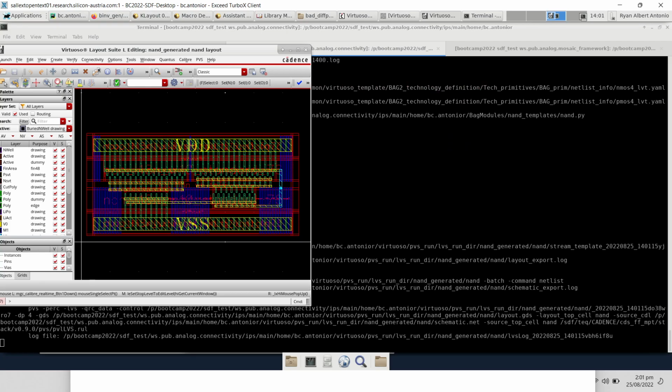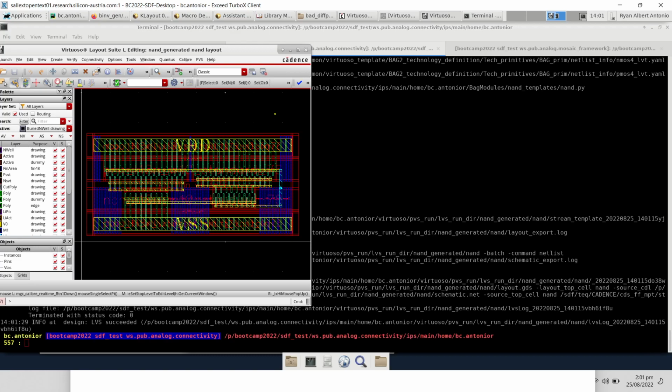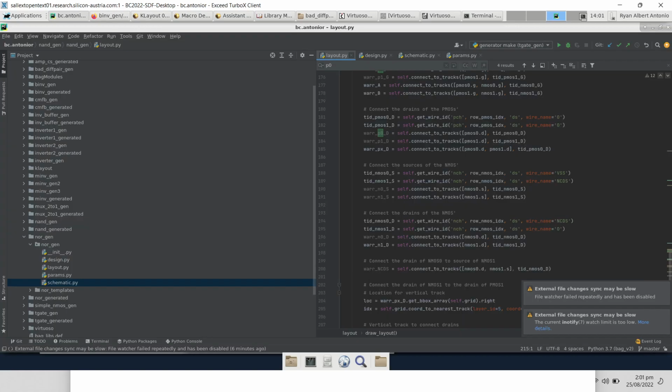I mean, the way I wanted the routing to be, at least when I learned how BAG works, it automatically updates. Right? Like for example, this is 16 for the NMOS, 32 for the PMOS. Right? So we can make another one. Let's say,